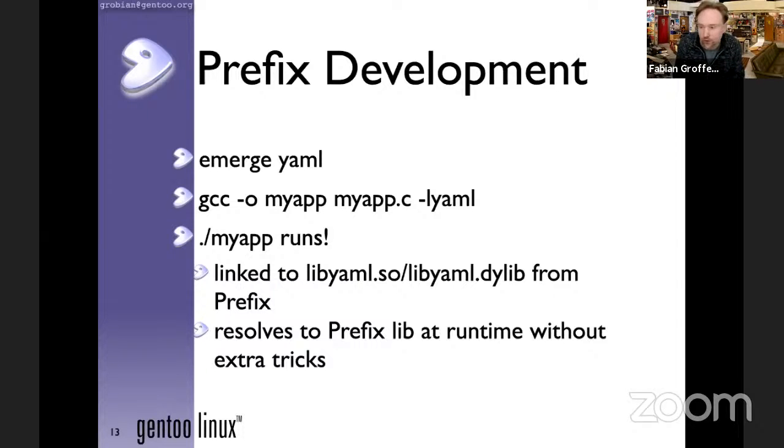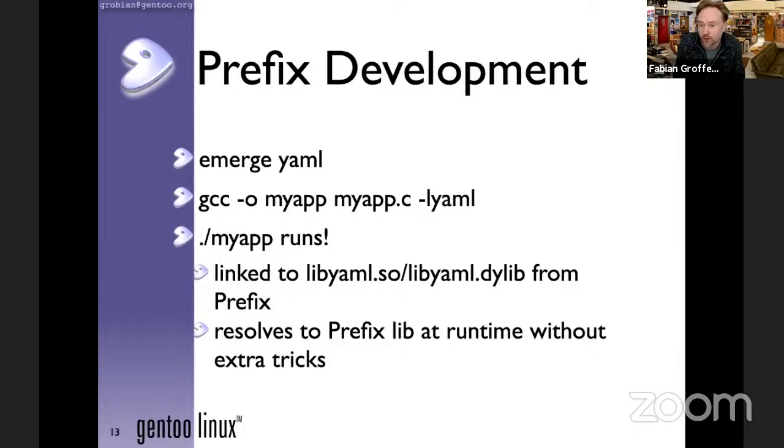Then I can just run this simplified GCC compiler command, compile my application using YAML, and the resulting application will run because it is, so to speak, fixed to the right libyaml that comes from the prefix location. Even if there were one in the host system, it would ignore it.